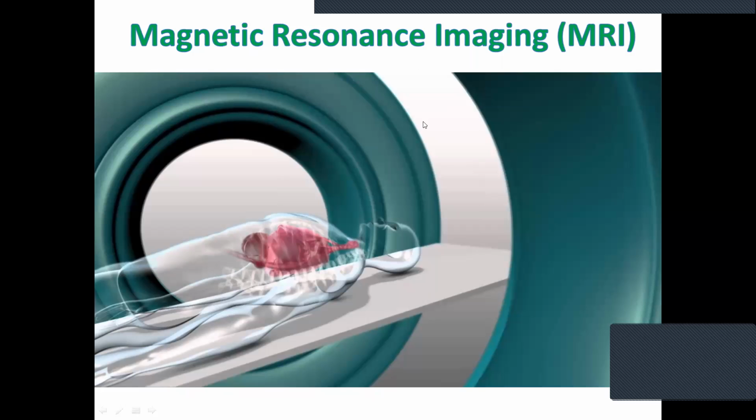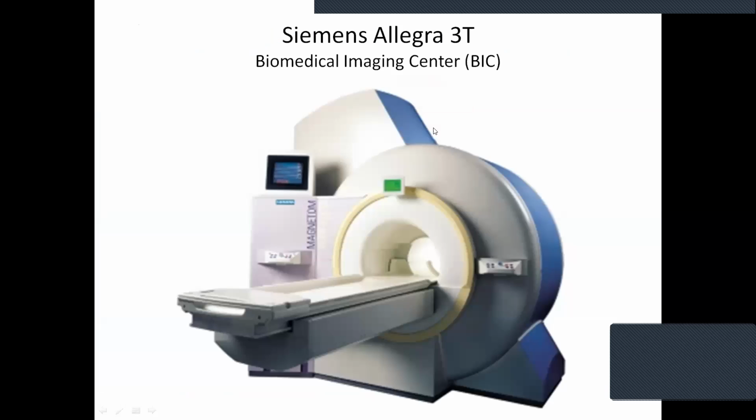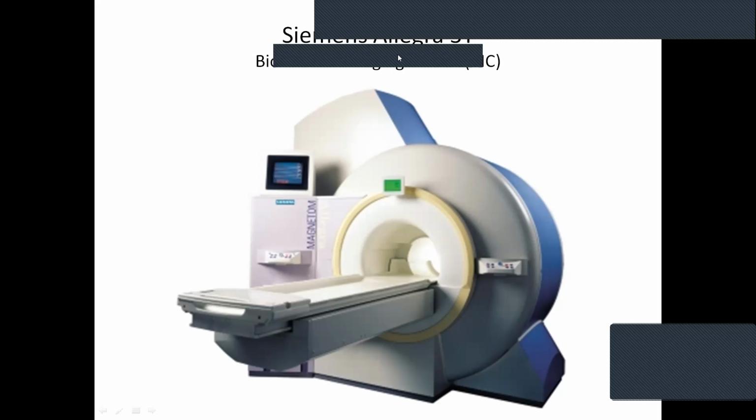So today our discussion is magnetic resonance imaging, MRI. In biomedical engineering, magnetic resonance is based upon the nuclear properties of hydrogen atoms in the body. So this is the basic practical Siemens company model MRI machine. This type of machine we regularly see in corporate hospitals, in the hospital environment.